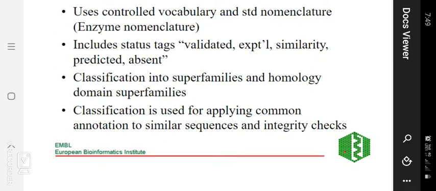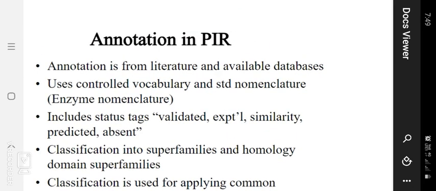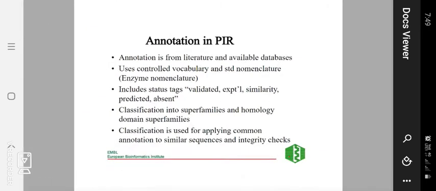The classification into superfamilies and homology domain superfamilies is used for applying common annotation to similar sequences and for integrity checks. Okay, these are the annotations of PIR.